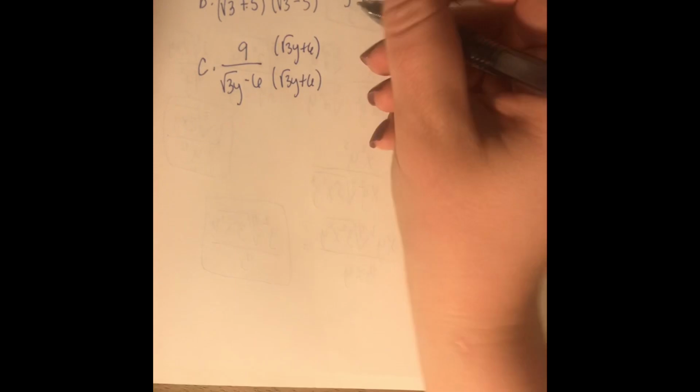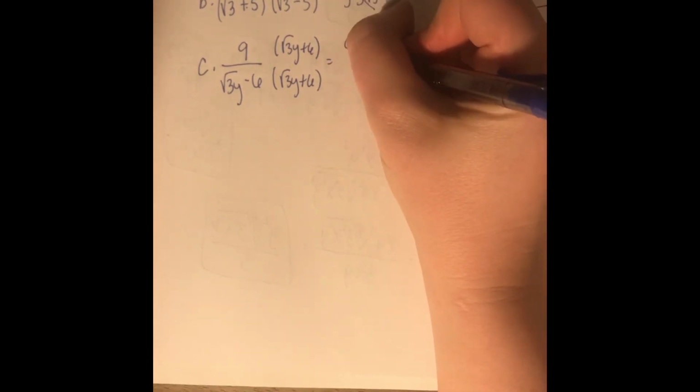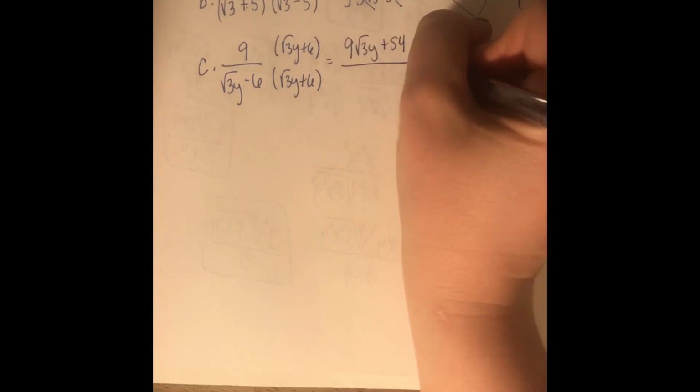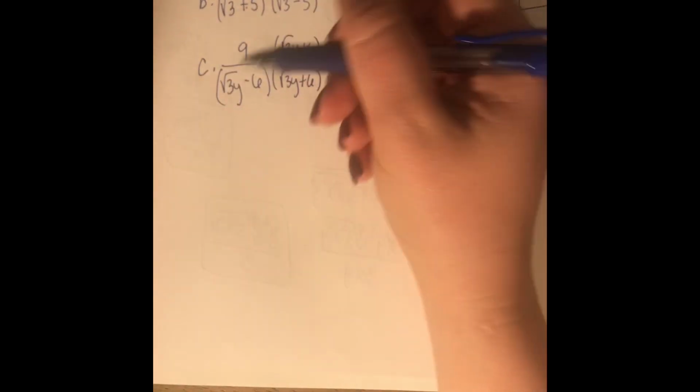All right, and our last example for this morning's work, part C. Got to throw in some variables in there. So 9 divided by the square root of 3y minus 6. Again, the conjugate is going to be the square root of 3y plus 6. Doing the distributive property, 9 square roots of 3y plus 54 over,